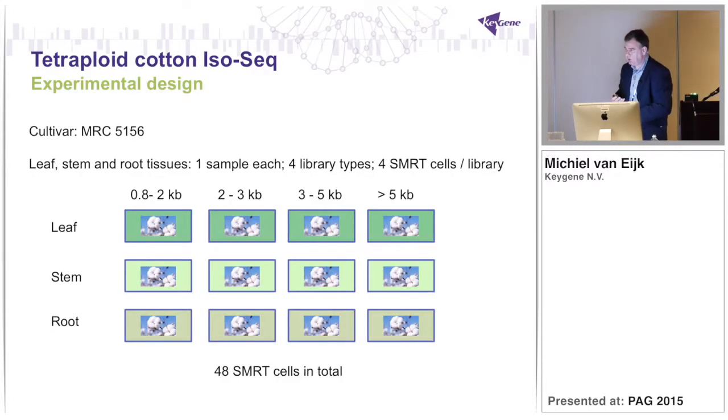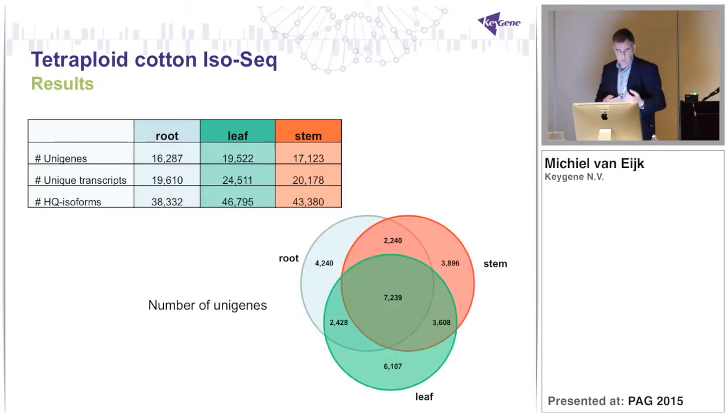The experimental design that we took was the following. We started with a commercially available cultivar, MRC 5156, and isolated RNA from 3 tissues: leaf, stem and root. We took one homogenized sample of each tissue. From these tissues, 4 library types were constructed. This was done by Pacific Biosciences and sized according to the different size fractions shown on this slide. Then from each library of each tissue and each size selection, 4 SMRT cells were sequenced, totaling 48 SMRT cells in total. So the results were that